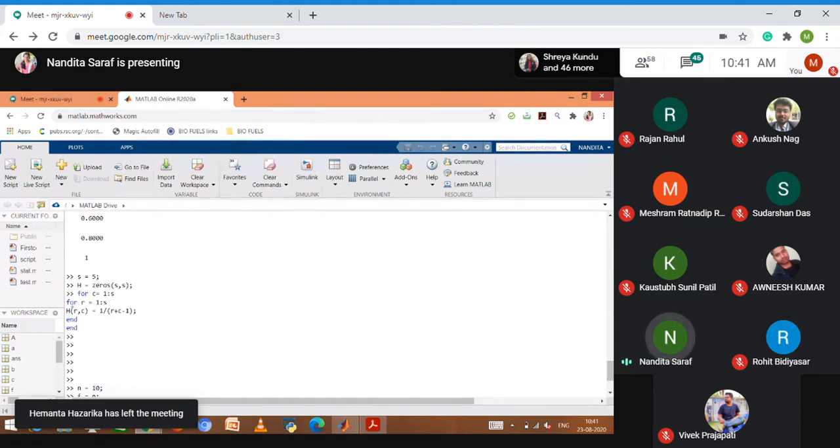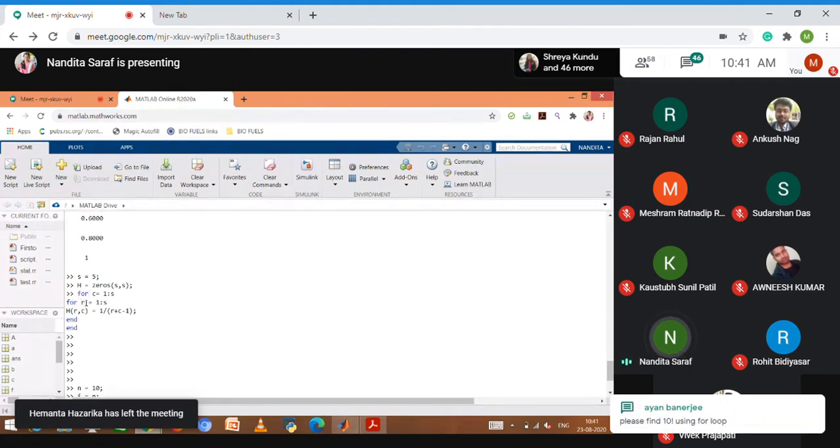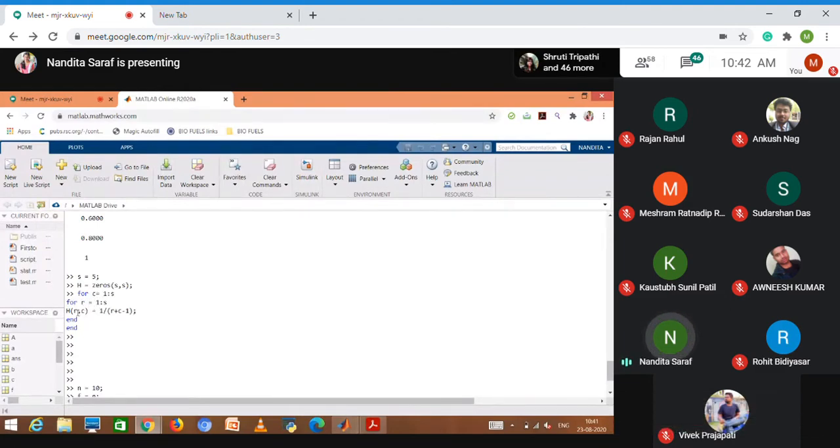Inside this for loop, it will again continue execution for 3 times. C equal to 1, it enters another loop. R equal to 1, it ends, but it should go till 3. So R equal to 2, R equal to 3. Over, it will go to the first loop. C equal to 2, again R is 1, 2, 3 and ends.